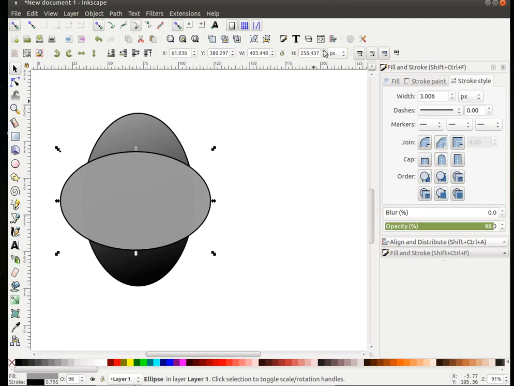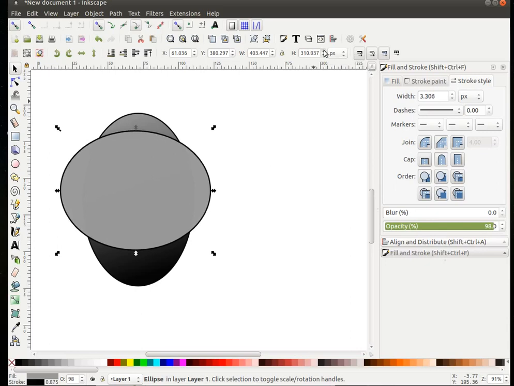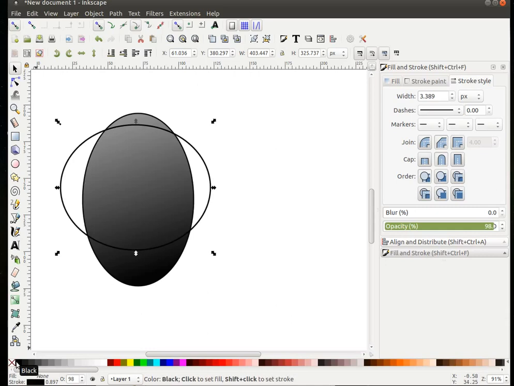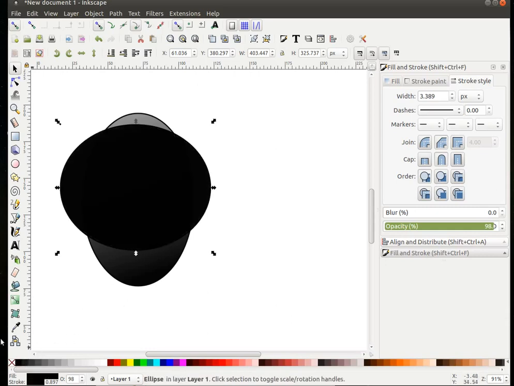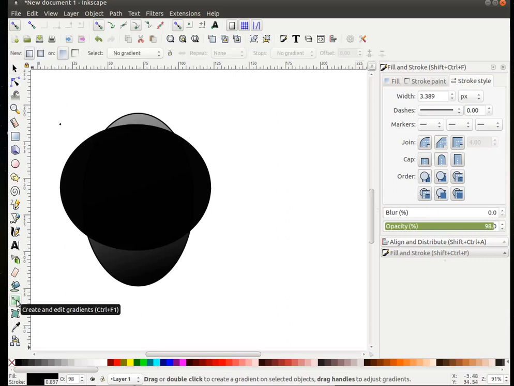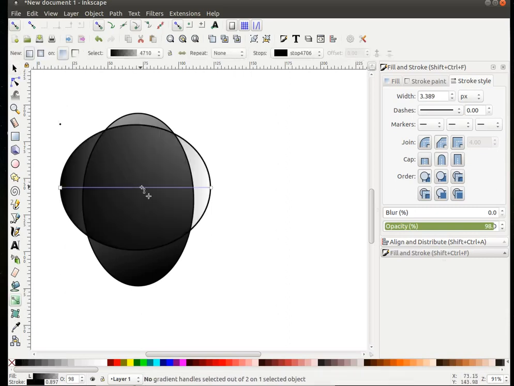Let me see how it behaves. Let me increase it to 325. That will be good. As you can see, that is 325. And we are going to turn it black again. Sorry for that. Let me turn it black. And we are going to select our gradient tool again. Come and double click on the image. And